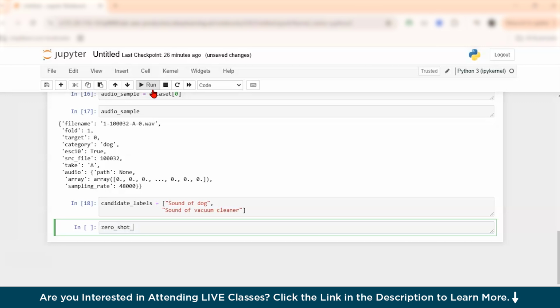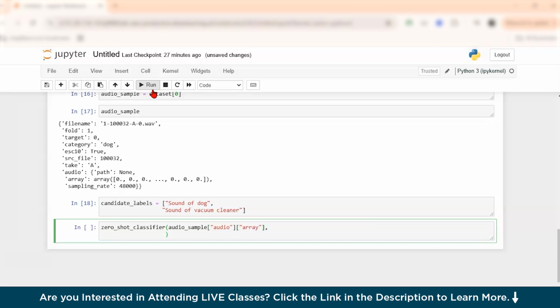Zero shot audio sample. Labels is equal to